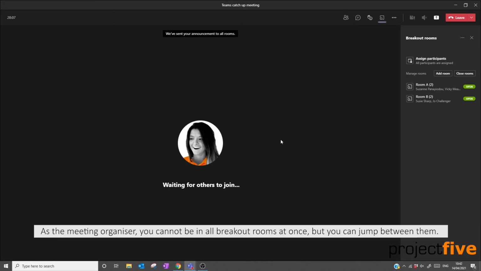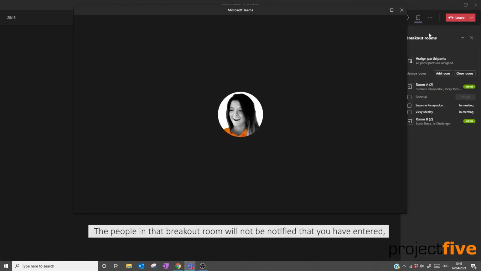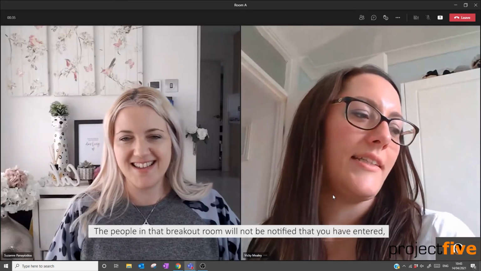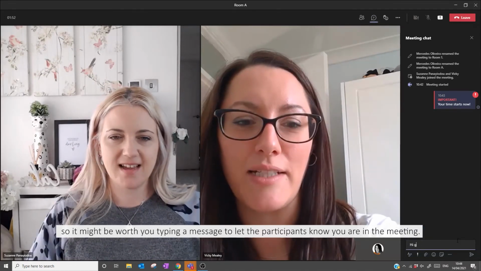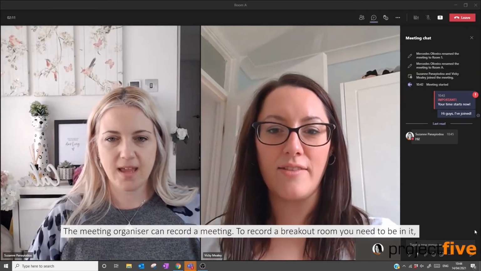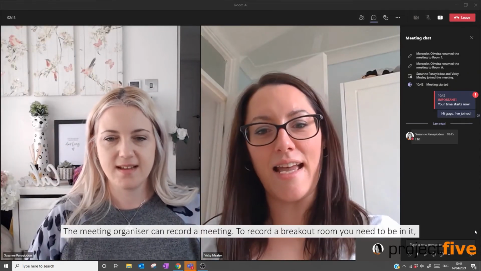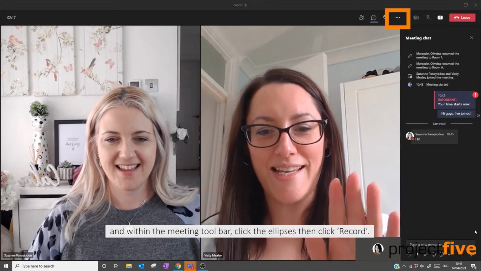As the meeting organiser, you cannot be in all the breakout rooms at once, but you can jump between them. To enter a room, click the room's ellipsis and select Join Room. The people in that breakout room will not be notified that you've entered, so it might be worth typing a message to let the participants know that you're now in the meeting. The meeting organiser can also record a meeting. To record a breakout room, you need to be in it, and within the meeting toolbar, click the ellipsis, then